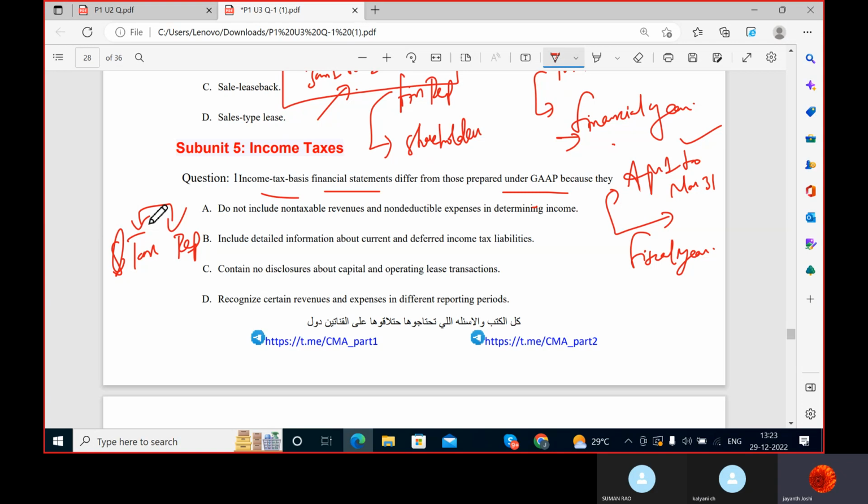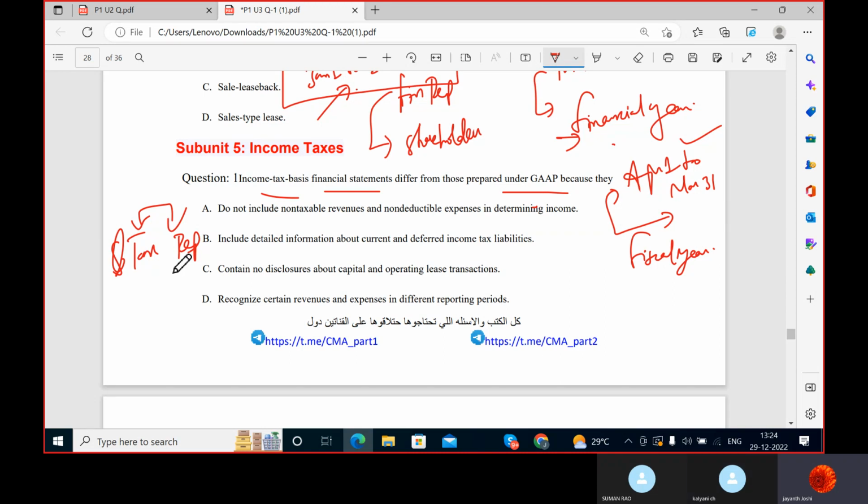That is the reason why deferred tax asset and deferred tax liability are created. The result will be taxable or deductible amounts in future years. Taxable amounts are nothing but in future you have to pay taxes. Deductible is nothing but in future that will reduce your taxes. I'm speaking about deferred tax asset. So the result will be taxable or deductible amounts in future years when the reported amount of the asset is recovered or liability is settled.